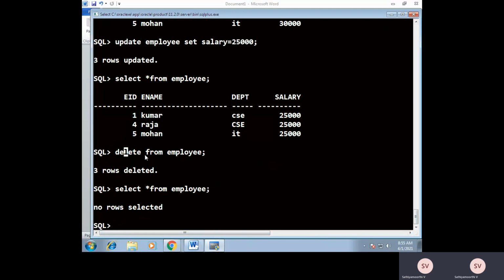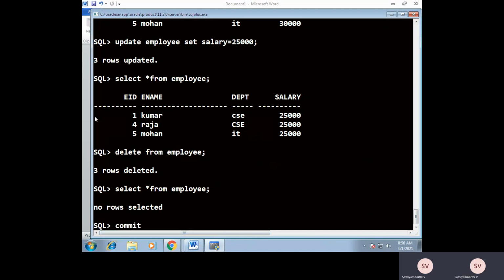So when you want to delete only a specific record from the table, then you can go for the delete command. If you want to delete all the records, then you can go for truncate. That is the purpose of having truncate and delete. Delete is somewhat slower than truncate. The purpose of the delete command is that we can delete certain records based on a condition. In truncate, there is no need to specify any condition, but here you can specify a condition and delete certain records.